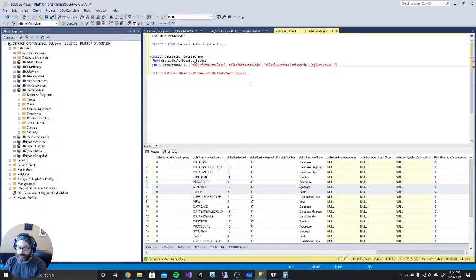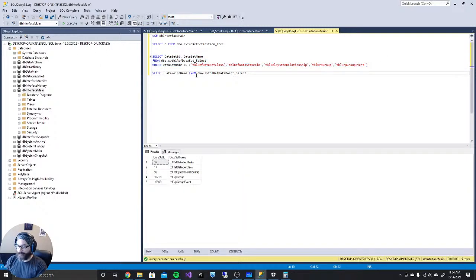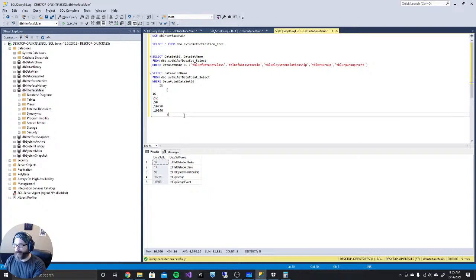Group and data points, data set ID is in these. To build these views, I'm trying to compile a list of